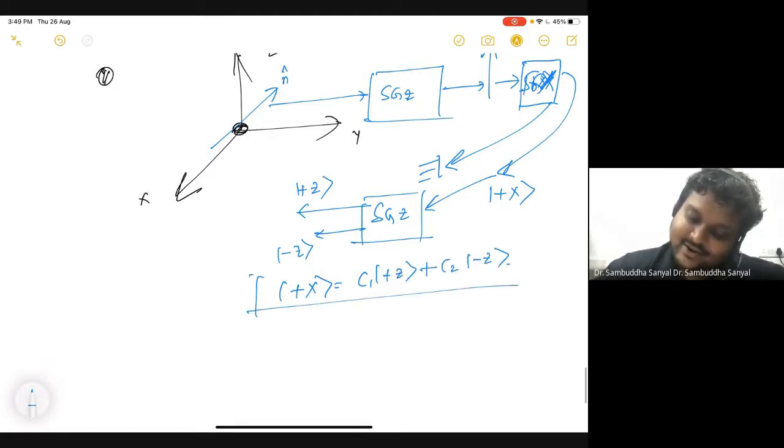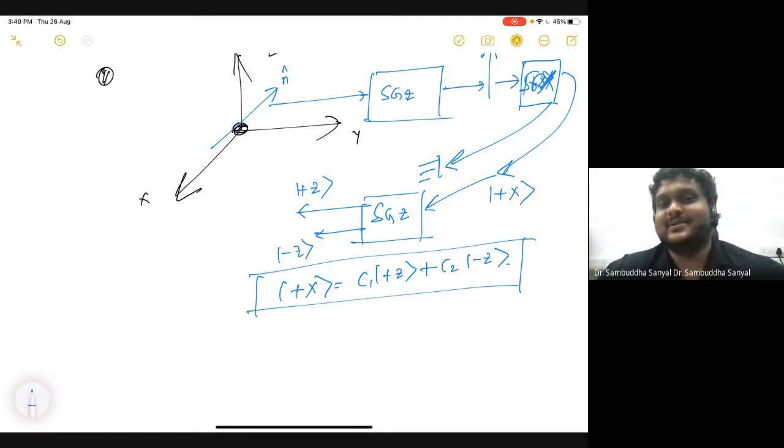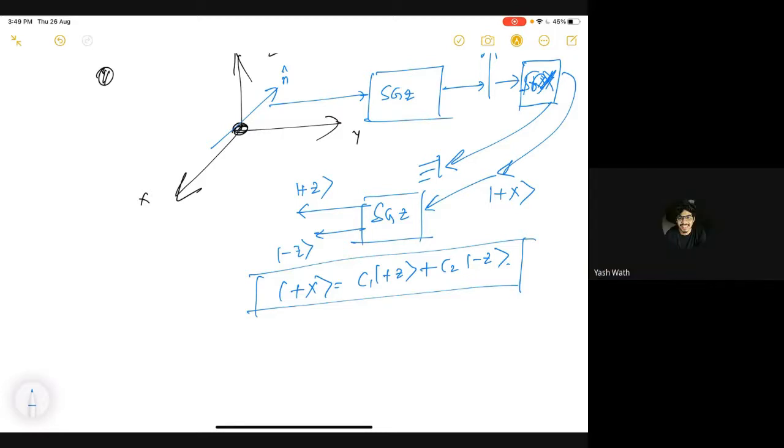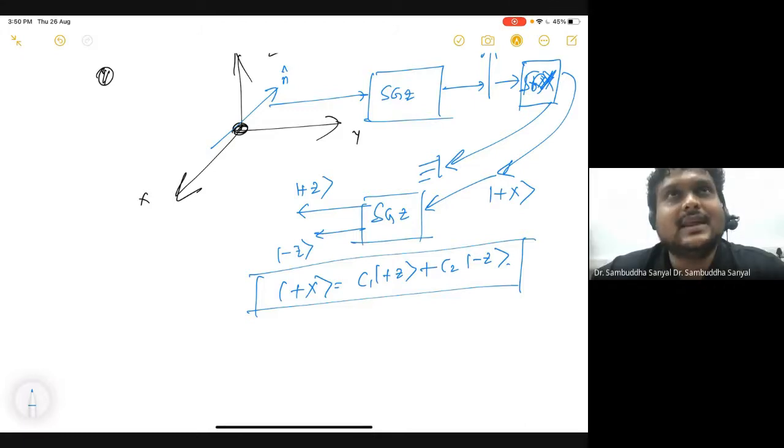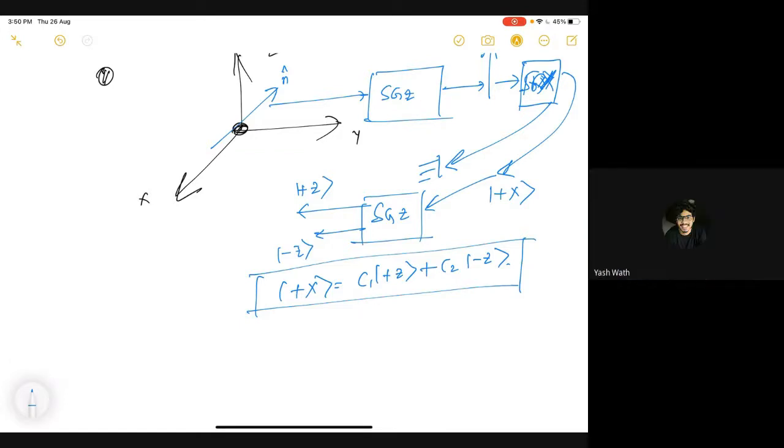You are following the explanation of how you construct this, because it's a combination of that. If you accept that it is a linear combination of plus z and minus z, but why is it difficult if you think about spin as some direction, as some needle? No, it is difficult. First of all, x and z are mutually orthogonal. Do you understand that? What I'm saying is, what is the difference if I say I measured it to be plus x, and the second statement is I measured it to be in an equal superposition of plus z and minus z? They are the exact same statement.